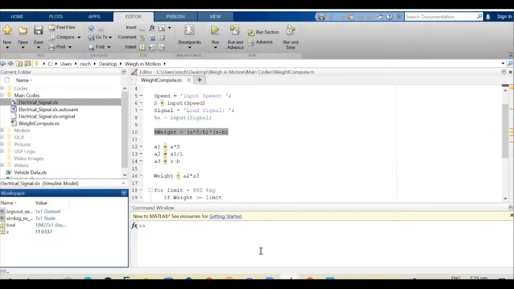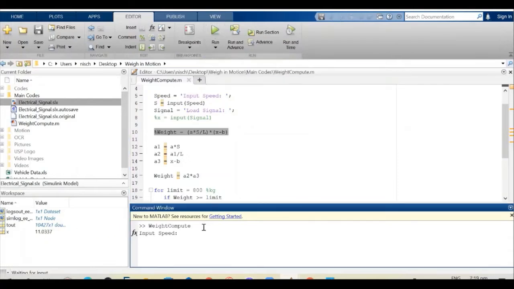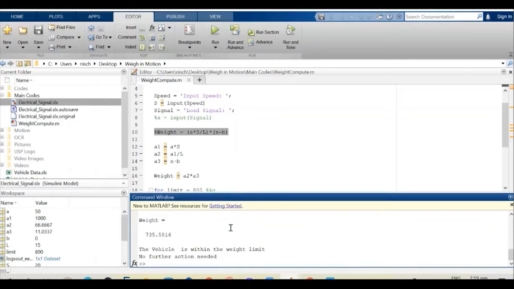The weight was computed by the equation mentioned in our presentation. Also, it is provided over here. The load signal value is represented from the simulation into our workspace. By running our program, we input a 20 kilometer per hour speed. The weight of the vehicle is computed, and it provides the following information: that the vehicle is within the weight limit. This shows that the vehicle is below the 800 kg weight limit, and therefore